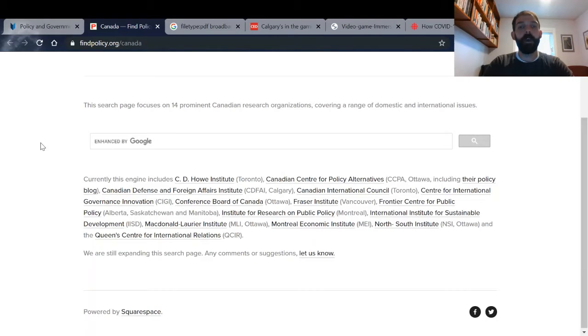One thing to note when you're using research reports from think tanks, research institutes and policy organizations is that many of them exist in order to put forth particular perspectives on policy. And so there is often some bias inherent in the reports that they put out.